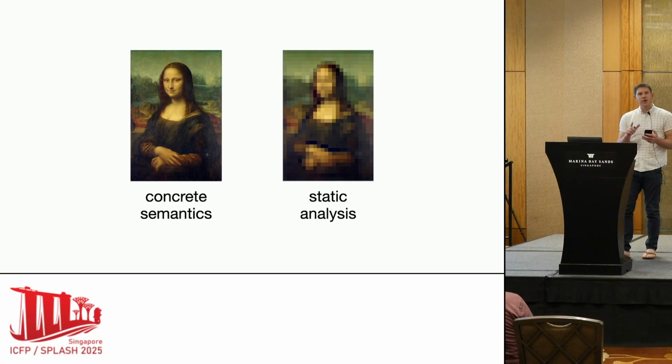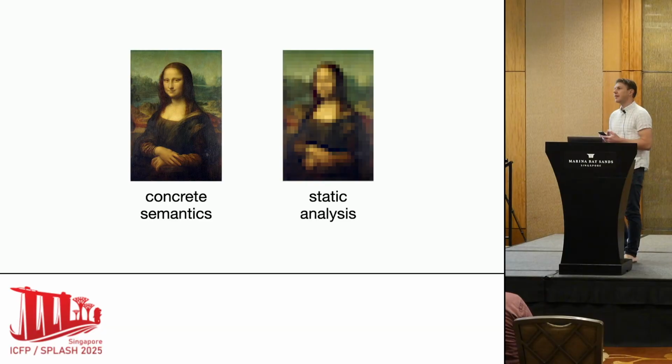So I just want to make a little bit of an analogy here, that if we imagine that our concrete semantics is rich in behavior and it's very detailed, and that the static analysis is a necessary approximation in order to be computable. And so it gives us a decent picture of what's going on, but certainly some of the details have been discarded or lost. And I want to illustrate how that can happen